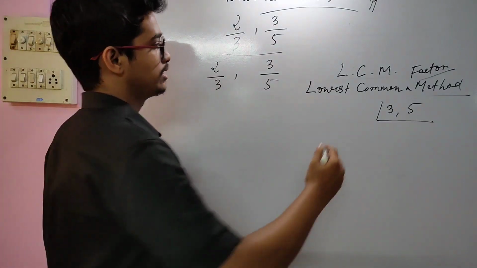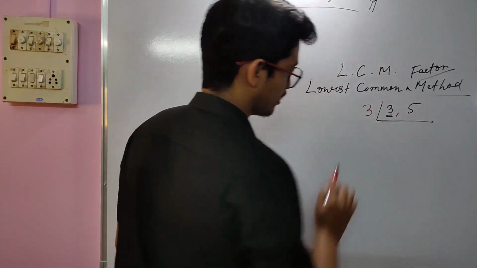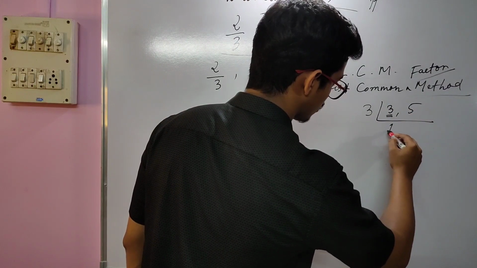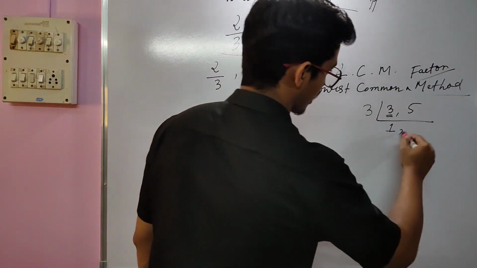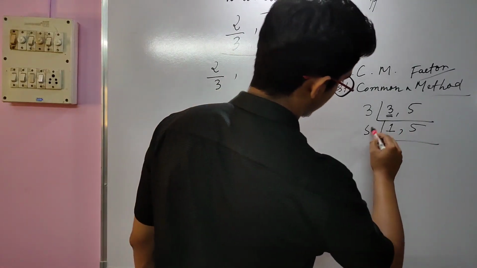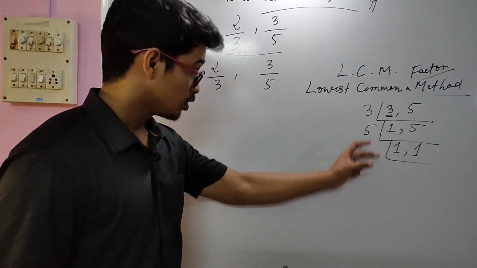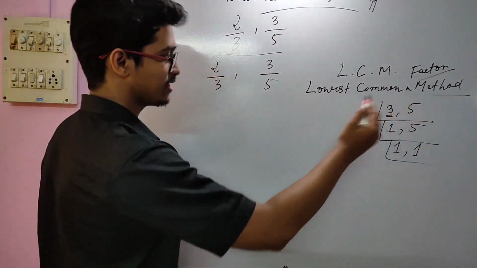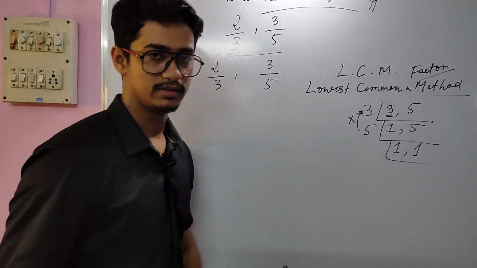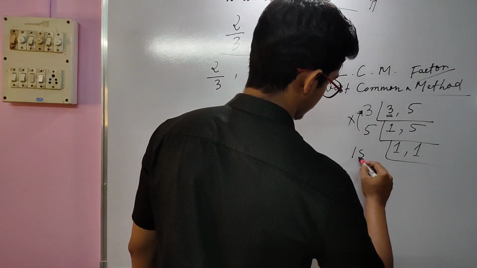So we have to find out the common factor for 3. That is 3 only. And what is the common factor of 3? That is 3 only. So there 1 remains and 5 will remain as it is. Now for 5, what is the common factor? That is 5 only, right? So the LCM of 3 and 5 is nothing but the multiplication of these two numbers. So what is the multiplication of 3 and 5? That is 15.